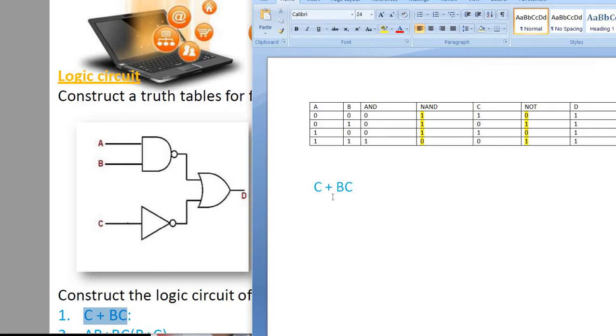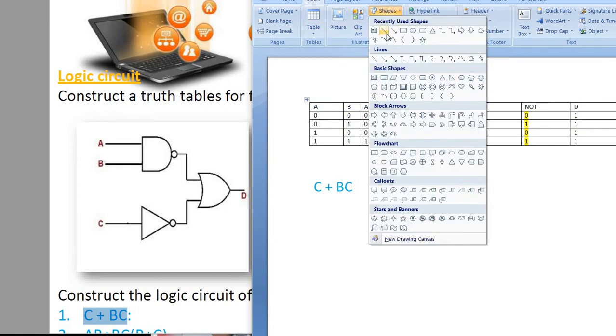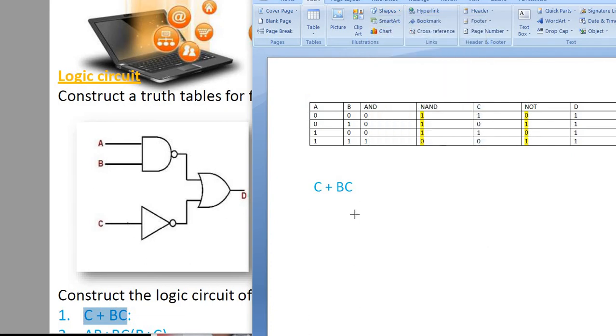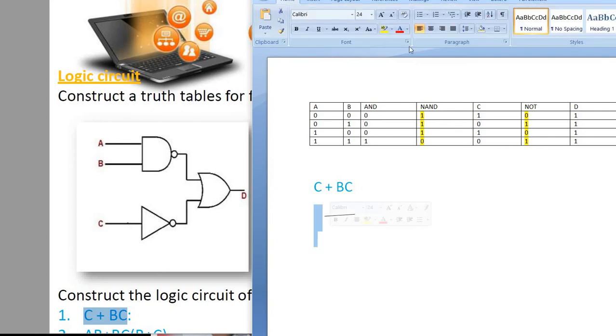So first we will take BC, dot. Dot means AND gate. For dot you will need an AND gate. So let's start designing. Okay, we need, simply, fine, it's just a rough picture so that you will get an idea. Okay, again one more line.